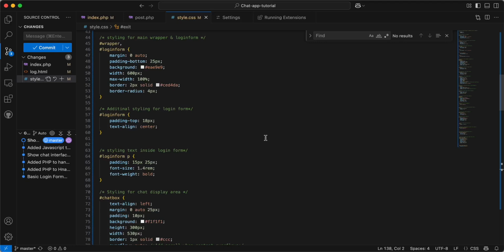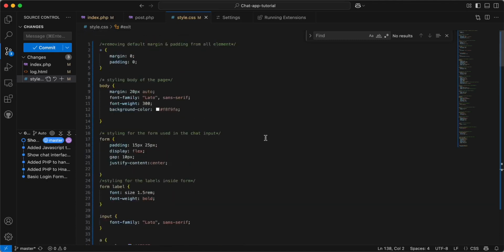I've used light and less attractive colors so that it will be easy for you guys to understand the whole design concept and everything. And the design used is Flexbox for alignment and customizing elements like inputs and system messages. So yes,